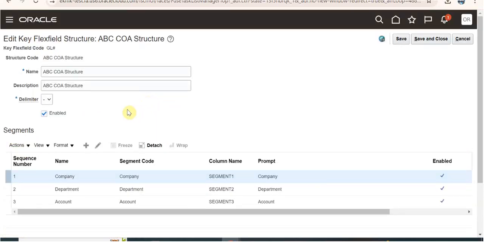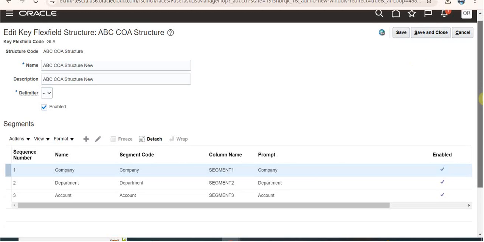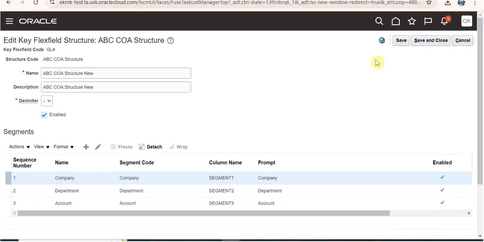Just to make sure this is my structure, because there are lots of structures given here. Okay, so I will give here ABC structure new. That will be our identical, because this is a test environment, so that's why we can see lots of companies with the same name. I'm not the only one creating with ABC, the others are also creating,